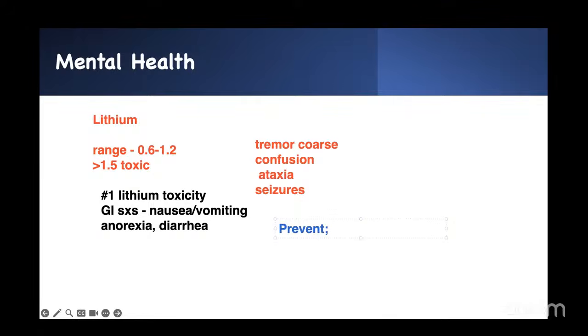Teaching, this is the risk reduction question you see in the NCLEX. Very important. Risk reduction. How do you prevent it? What kind of teaching do you give them? If you have a pen or paper, I want you to write it. They should avoid NSAIDs,